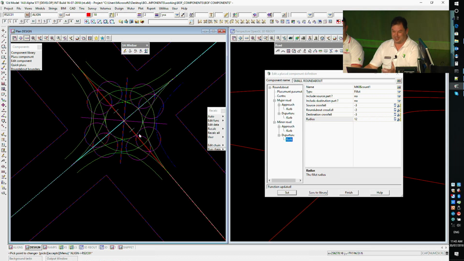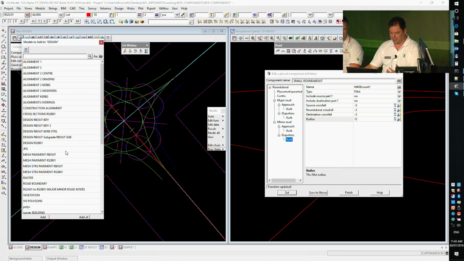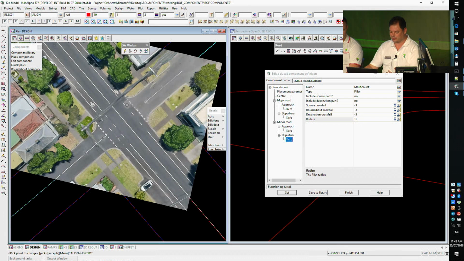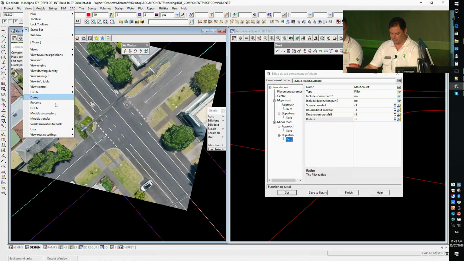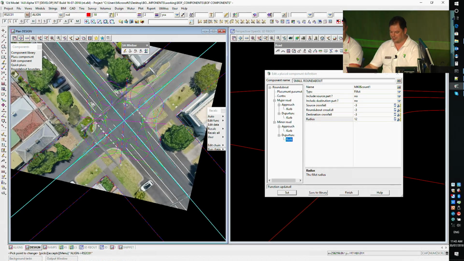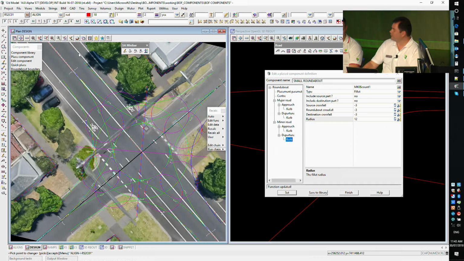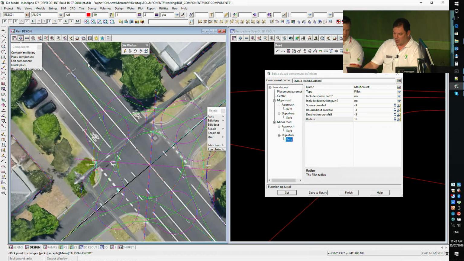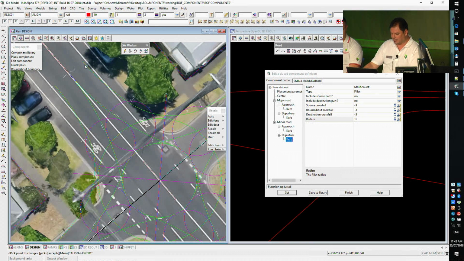I'm actually going to need to turn on the raster again because I'm going to want to make sure my curbs are sitting in the right spot, and I'll do that from the aerial photography again. So I've now put the raster in front of it. So under Views, send tins and rasters to the back. Yeah, it's a bit hard to see, but I'm able to now look at the approach to this particular roundabout